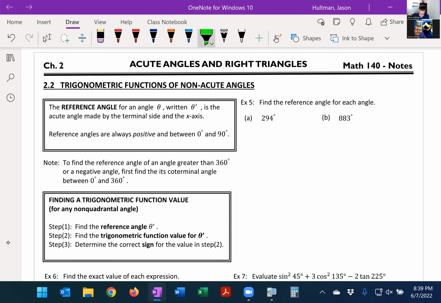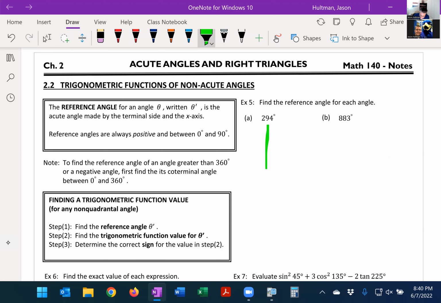Okay, reference angle, theta, written theta prime, is the acute angle made with the terminal side and the x-axis. The reference angles are always positive and between 0 and 90 degrees. So I take an angle, and whatever angle that makes with respect to the x-axis, that's the angle that I use as a reference. Okay, for example, if I have 294 degrees,